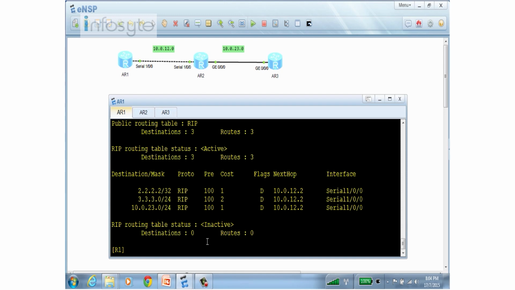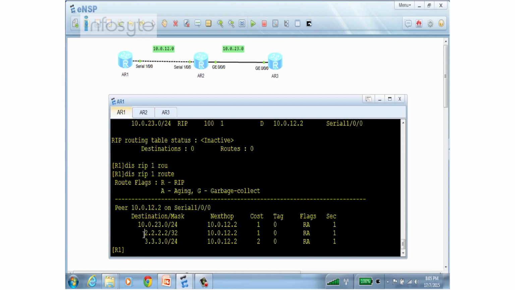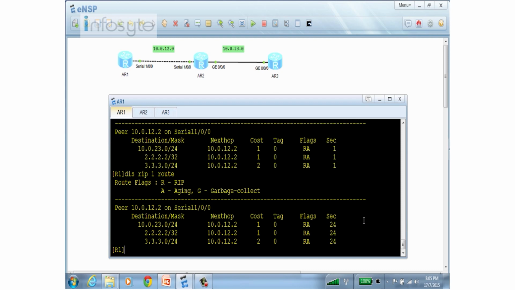Now one way for us to check on route aging is the command display rip 1 route. As you can see, 2.2.2.2, my next hop is 10.0.12.1, and you notice that R stands for RIP, A stands for aging, and if you still remember, the aging will last for 180 seconds before it goes into the garbage collect. This timer indicates that it was just received about 1 second ago, and you notice that